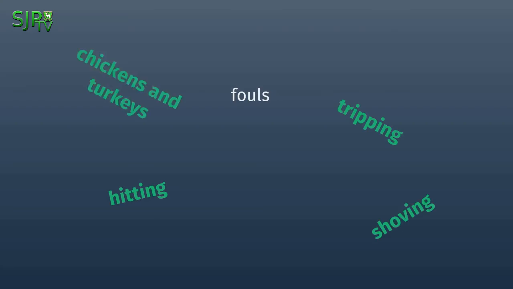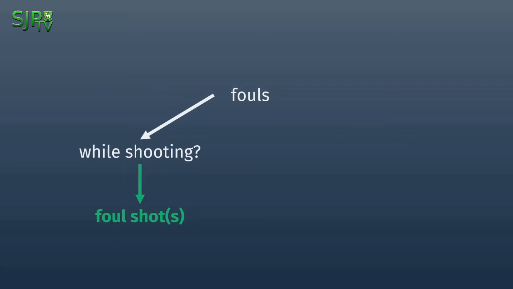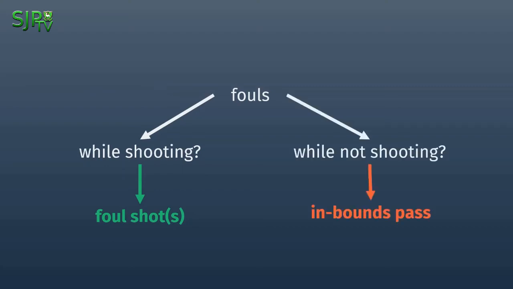but typically you can't shove someone or hit them or trip them. If one of these violations occurs, the referees will call a foul. If the player was shooting when the foul occurred, they'll get to shoot free throws. If their player wasn't shooting when they got fouled, their team will get to pass the ball in bounds and